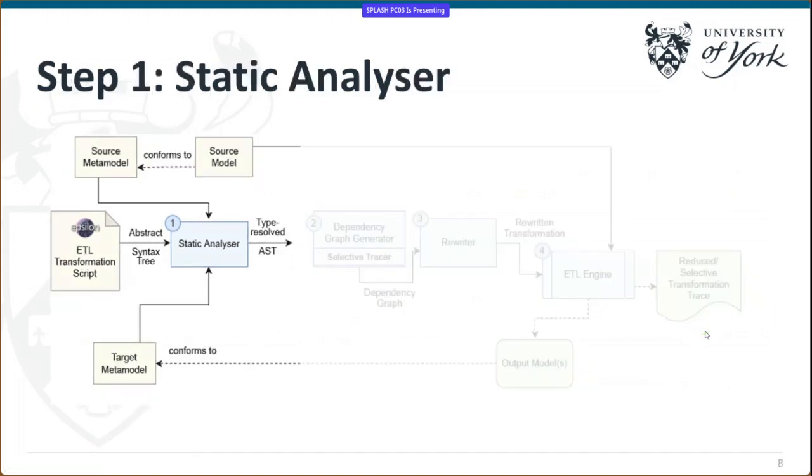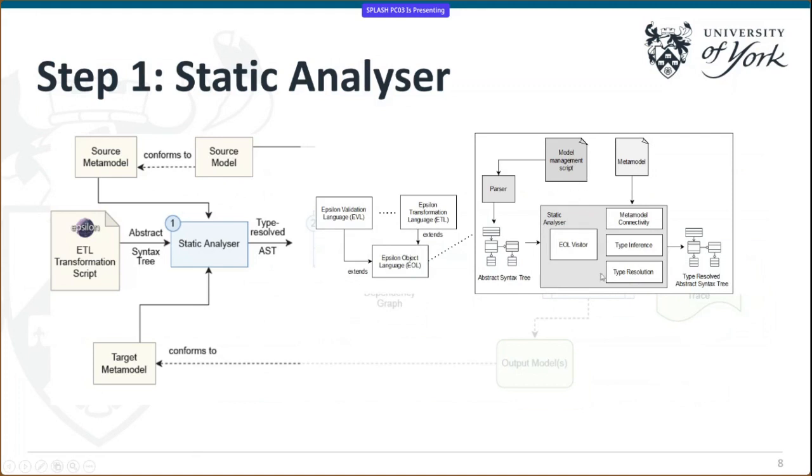So static analyzer, how it works is that in static analyzer, basically we have a visitor that visits different parts of the AST, abstract syntax tree, and then using the meta model connectivity and the type inference and type resolution, it gives the type resolved abstract syntax tree. What I mean by type resolved abstract syntax tree is the same abstract syntax tree, just populated with the